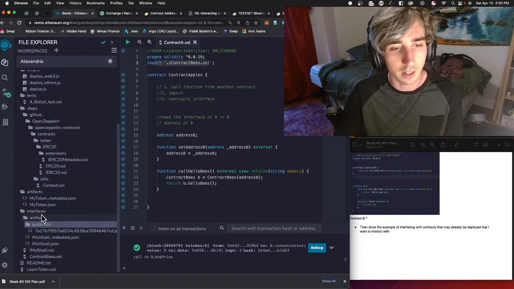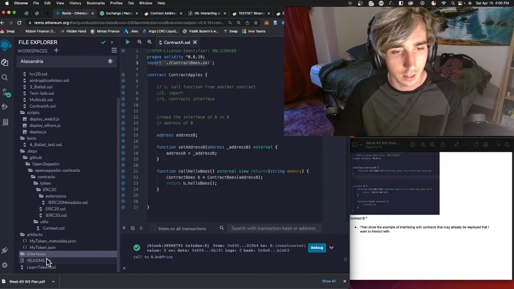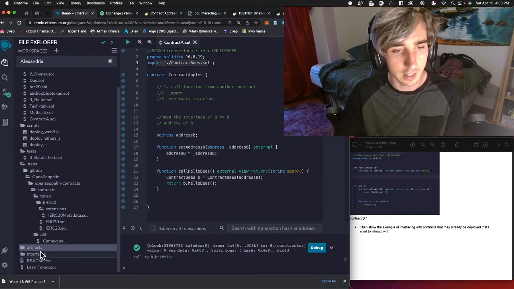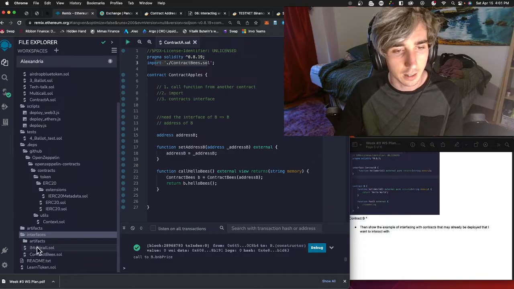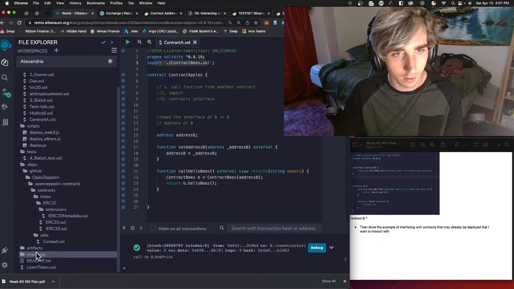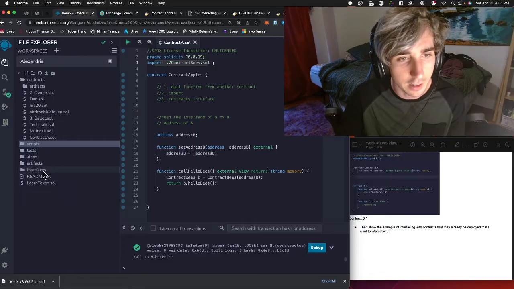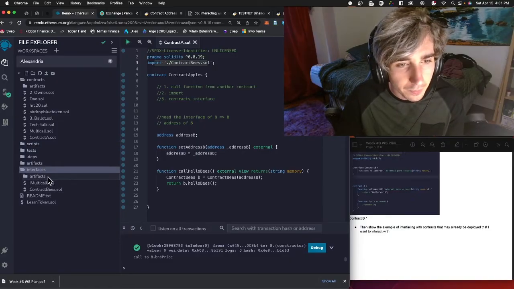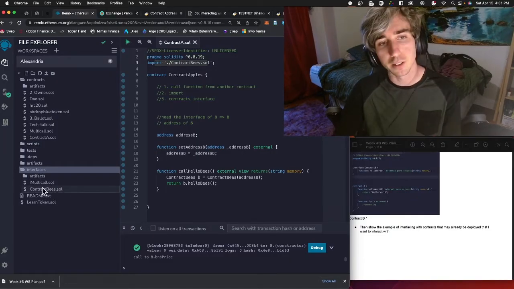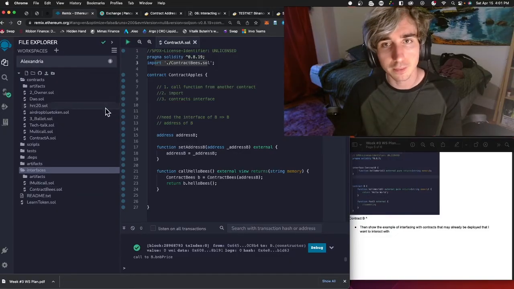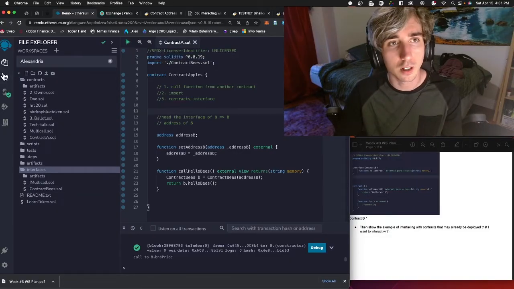And when I put it into interfaces, I can see that it is, oops. Did I mess that up? I didn't drag it over correctly. Hold on. Contract Bs. No, there it is. So I have contract Bs. If I go back to contract